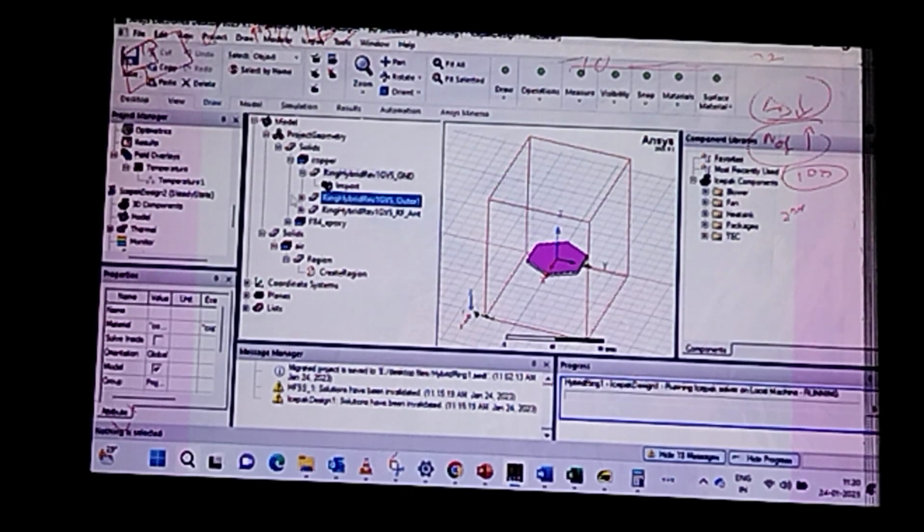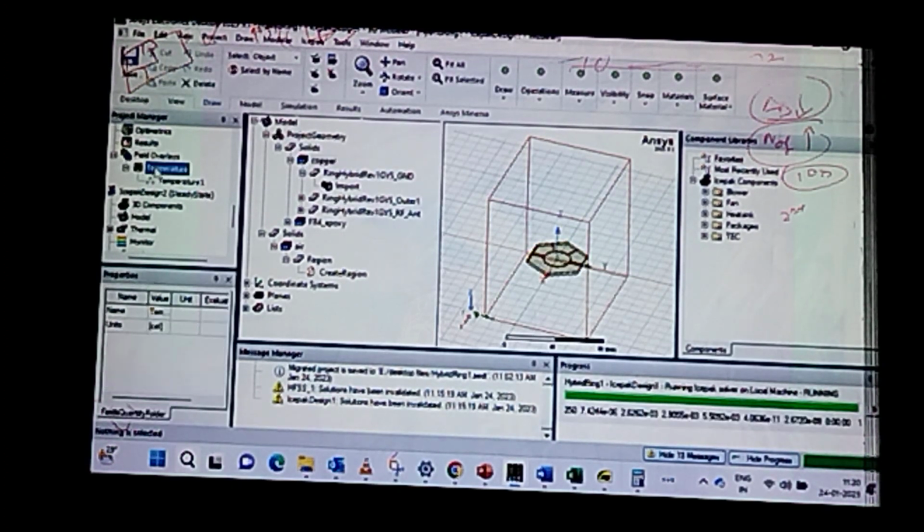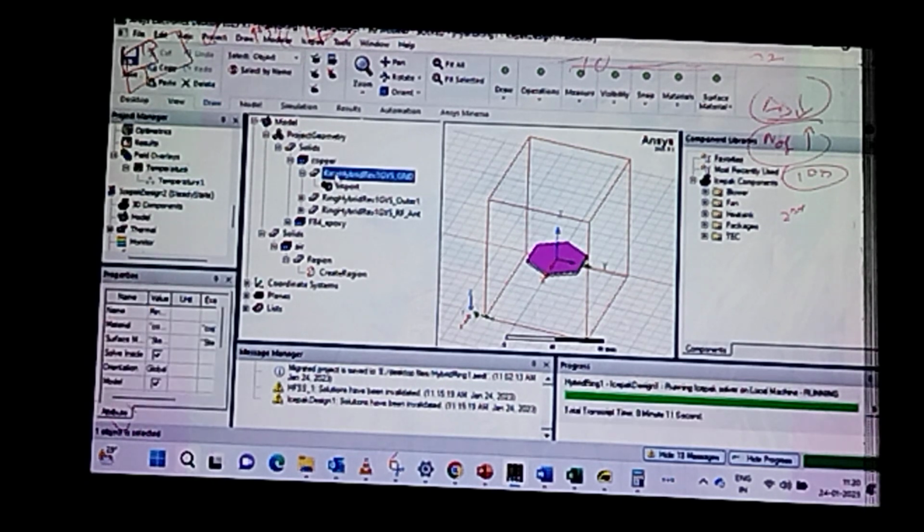So basically what we will be analyzing here is the mapping, like how we see the electric field distribution. The same way, in that particular ring we will see what the thermal mapping is, how it is. So for the same, once you go to this particular ring,